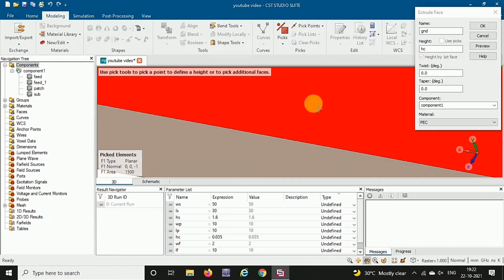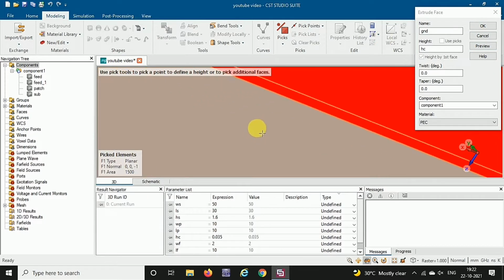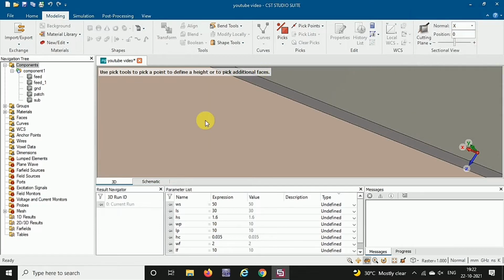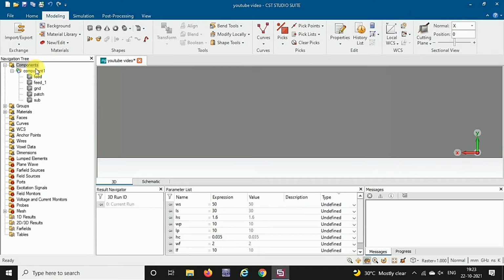Now I am going to extend this face, back side of the substrate. When I click the preview, it is showing the extension. So here this is the extension. So backside of the substrate has been extended by HC, which is nothing but ground. So now ground has been created.